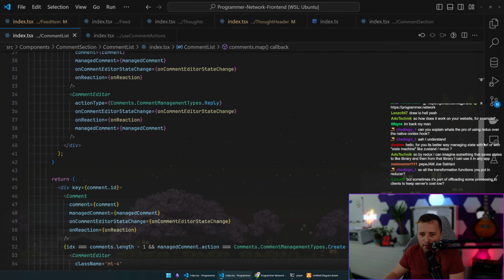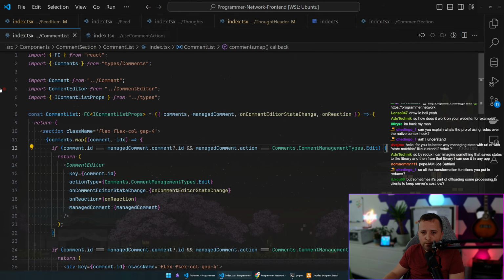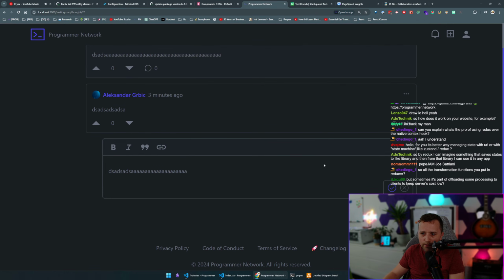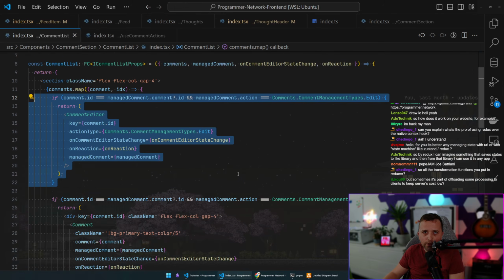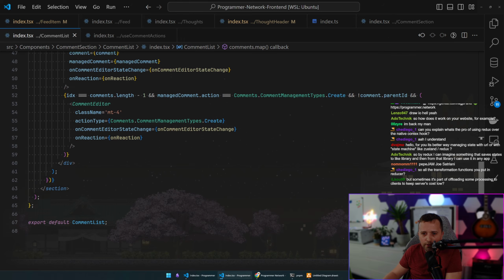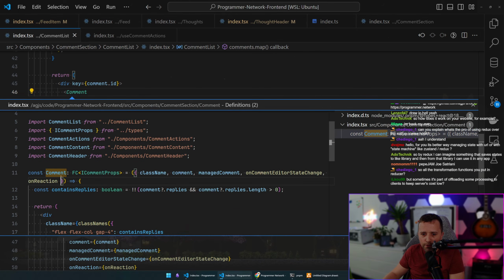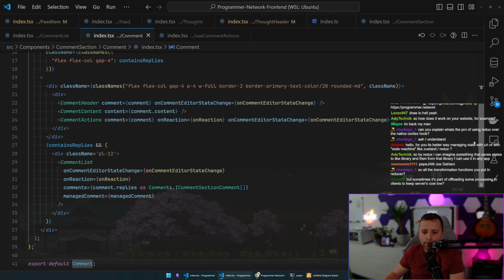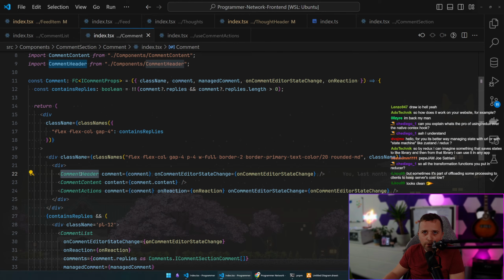If we go to comment list, this is my comment list, as you can see. I'll just skim through it very quickly. So I'm saying here, hey, if you're editing a comment, show the comment editor, meaning if I click this edit, we'll show the comment editor there. But you will notice again that there's absolutely zero data permutations in here anyway. No matter where I go, if I go to a single comment, you can see it's just view and it's super nicely organized. Components are broken into small manageable chunks, so you can see comment header, comment content, comment actions,